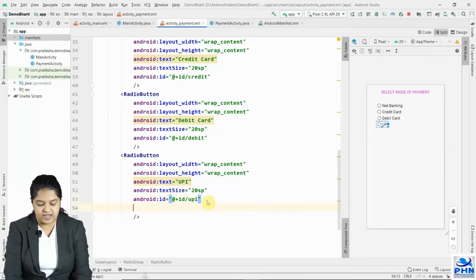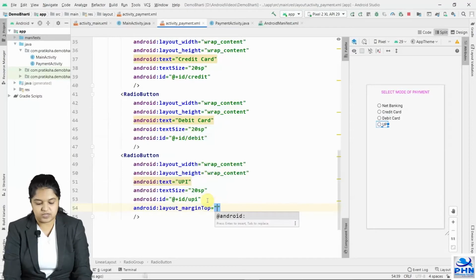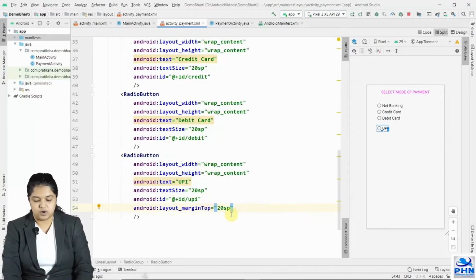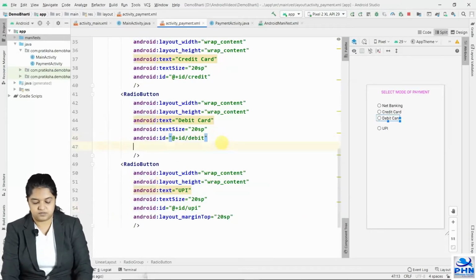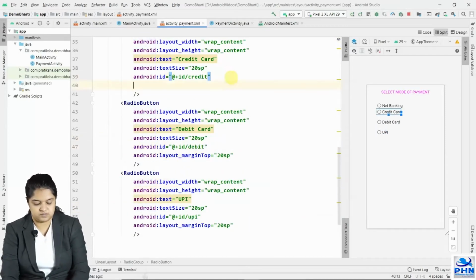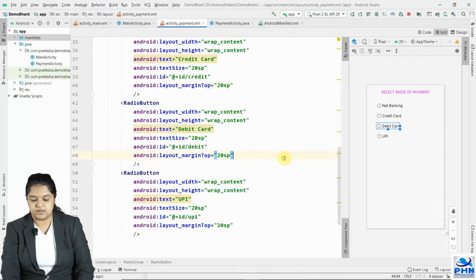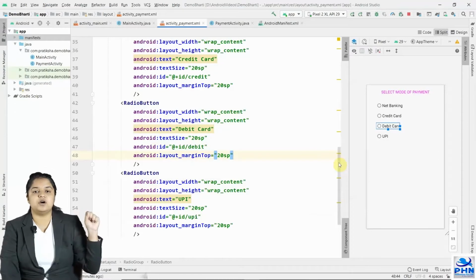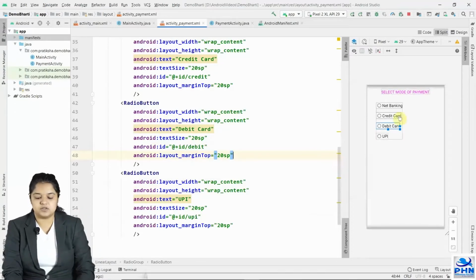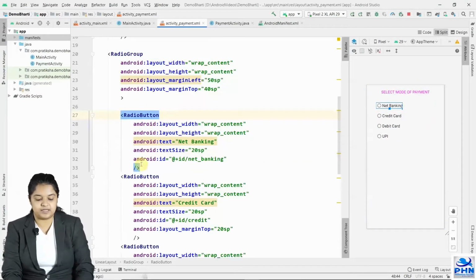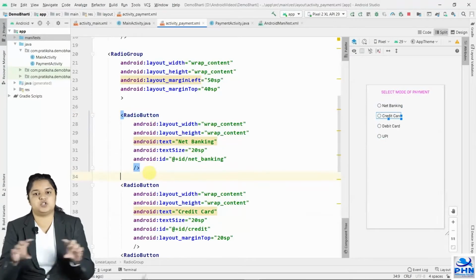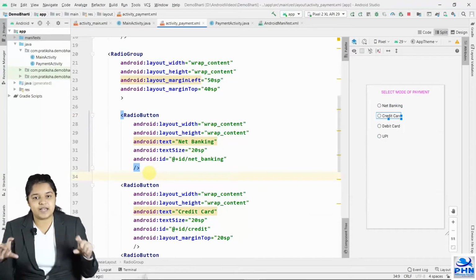If you want to have some space in between them, you can use margin top on all the components. There is a space now in between all the components. If you want to draw a horizontal line, what I want is there should be a horizontal line in between these components. So after the net banking radio button, a line should be displayed, and to display that line we have to